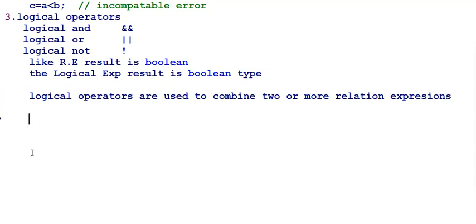Now let us go for D is equals to 10 is less than 25, which is one logical expression. I would like to combine this with double ampersand, so I can go for 23 is less than 32. Whenever the first relational expression and the second relational expression are both true, then D will be assigned a true value. Otherwise, if any one of the expressions is false, it evaluates D as false. So to combine two or more relational expressions, we use a logical operator. The logical operator's expression value is also of Boolean type.